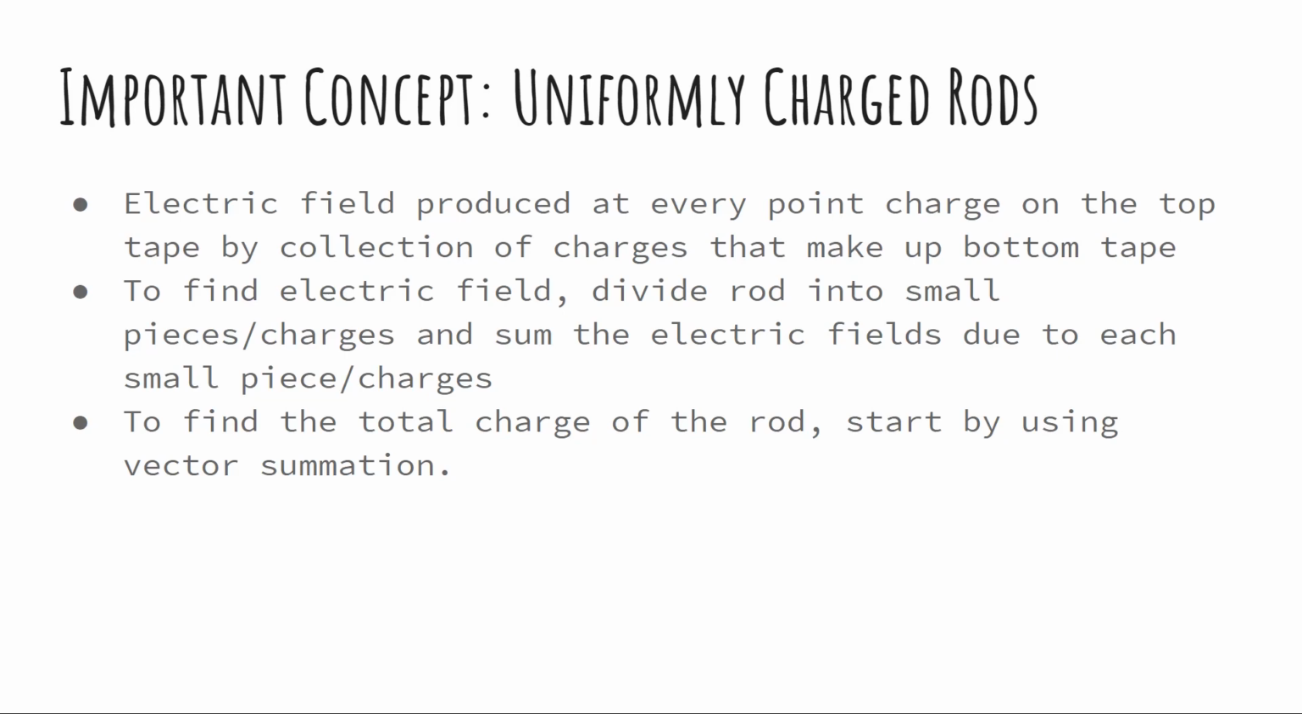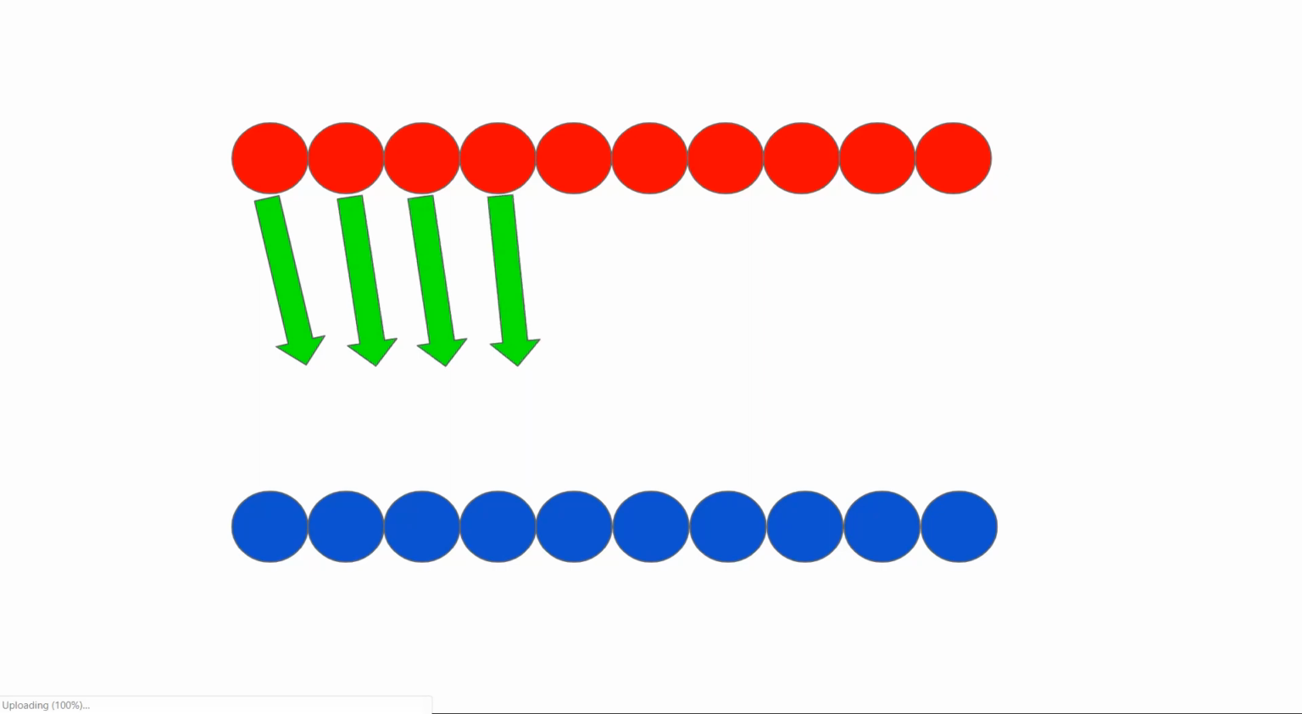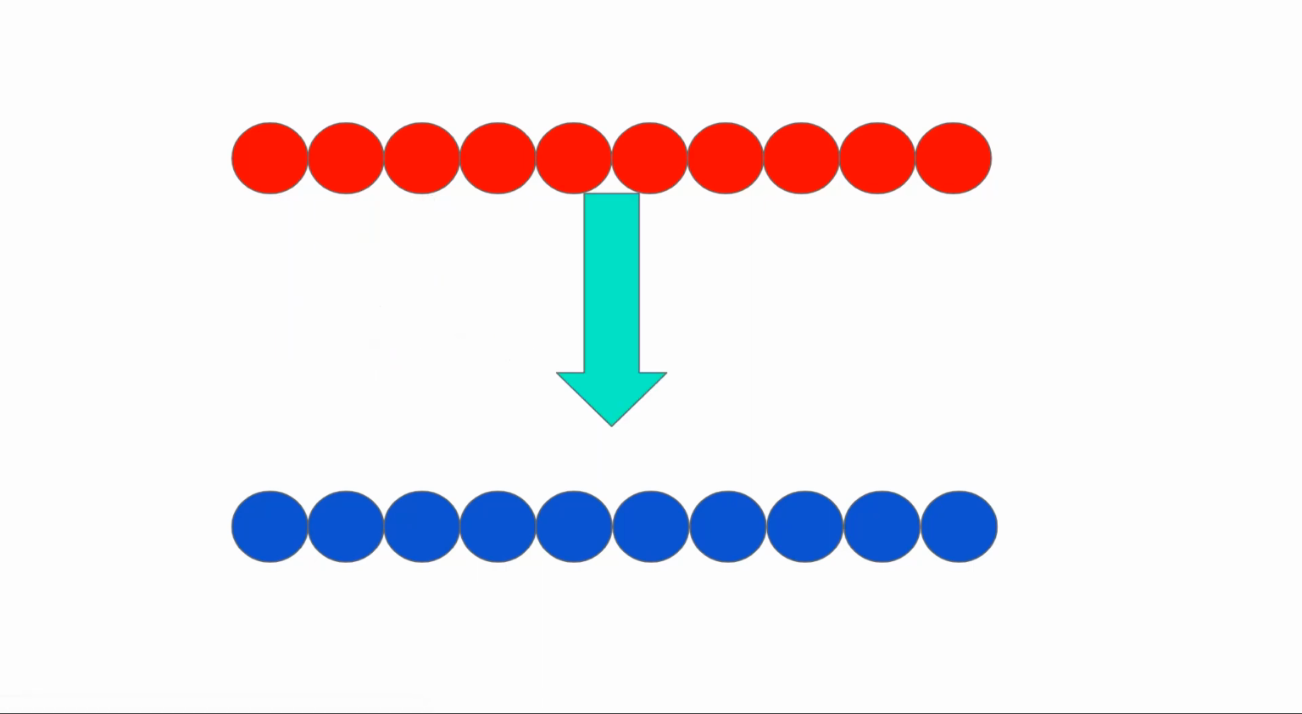To find the electric field, you sum together the electric fields produced due to each point charge. To find the total charge of the rod, you start by calculating the electric field vector of the far left bottom point charge at each observation location of the top tape to get an electric field produced by the far left bottom point charge that acts on the far left top point charge. This is repeated for every source location of the bottom tape. Then add all of those electric field vectors together to get the net electric field of the bottom tape acting